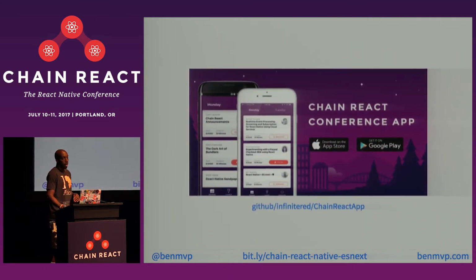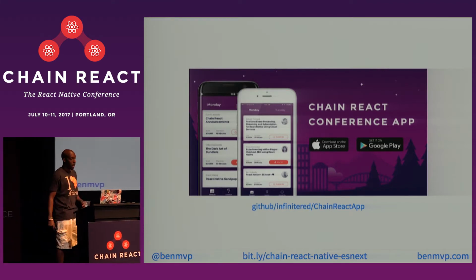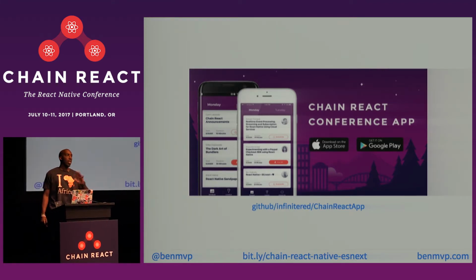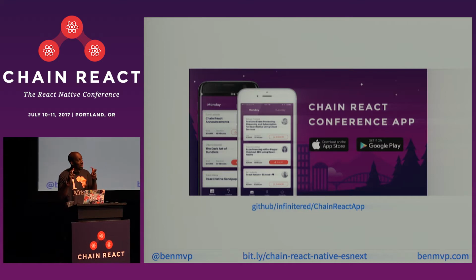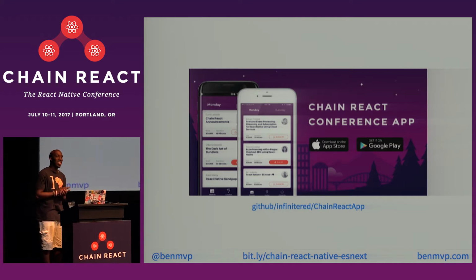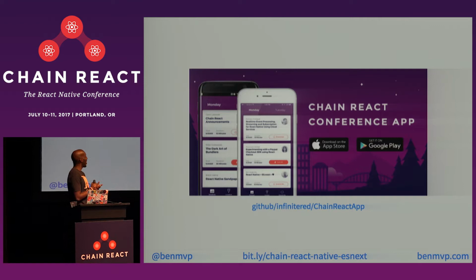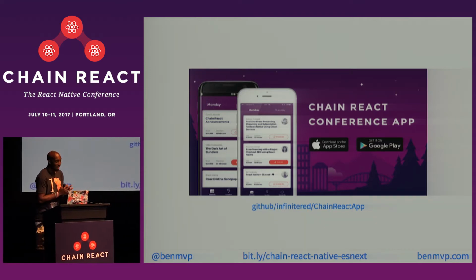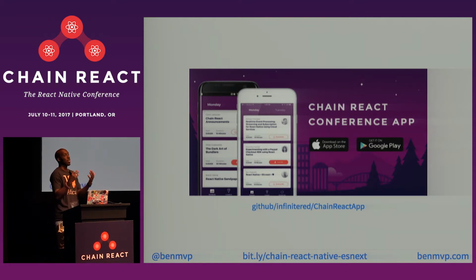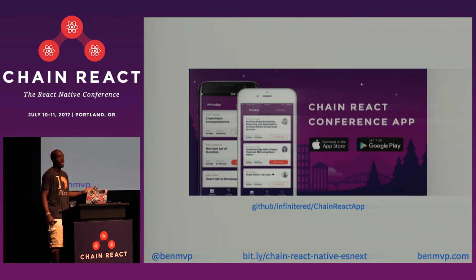So what I did is I took a look at the conference app, the app that was built, and all of the examples are going to be from that. Some of the examples that I'm going to share are what I would call code improvements that I saw that could be applied to the app. No offense, Gant. Others, I'm just going to be explaining some features that were already used in the app, showing what it would have been written like in ES5 and then applying the ES6.